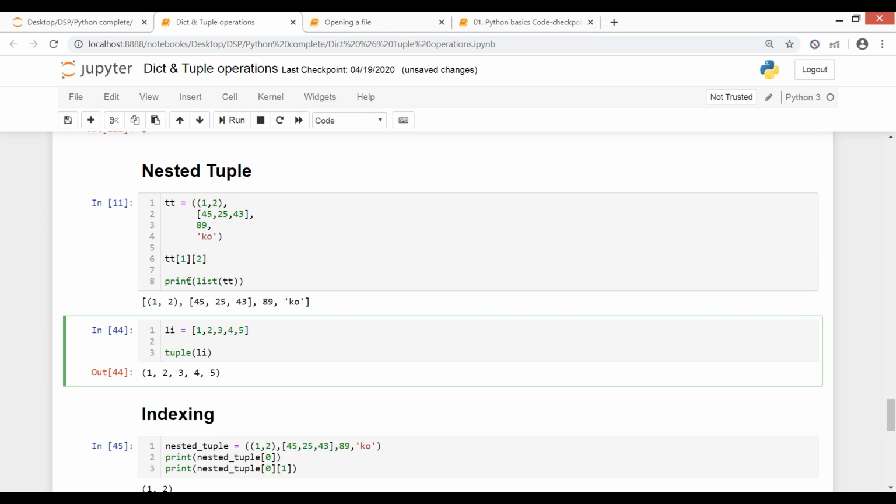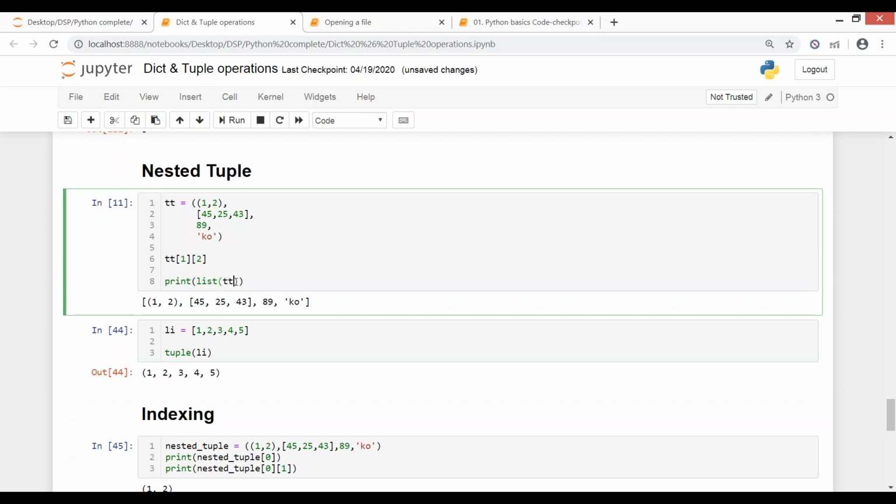It can be converted. See what I've done here. Converted them to a list, line number 8. Interconversions can always be done. There are limitations with dictionary, because a dictionary takes in a key-value pair, and if we do not have such a thing here, that cannot be done. But set and list are good to go with tuple, and vice versa as well.